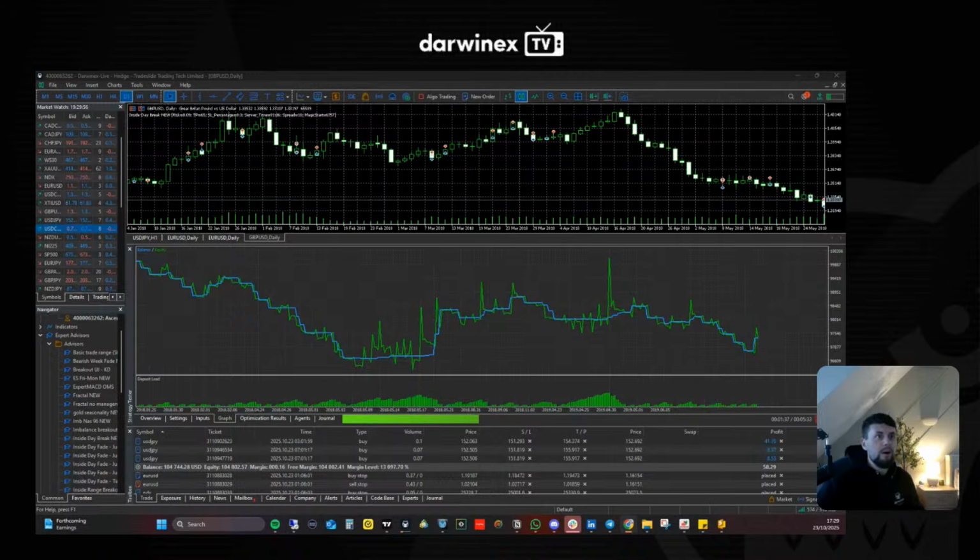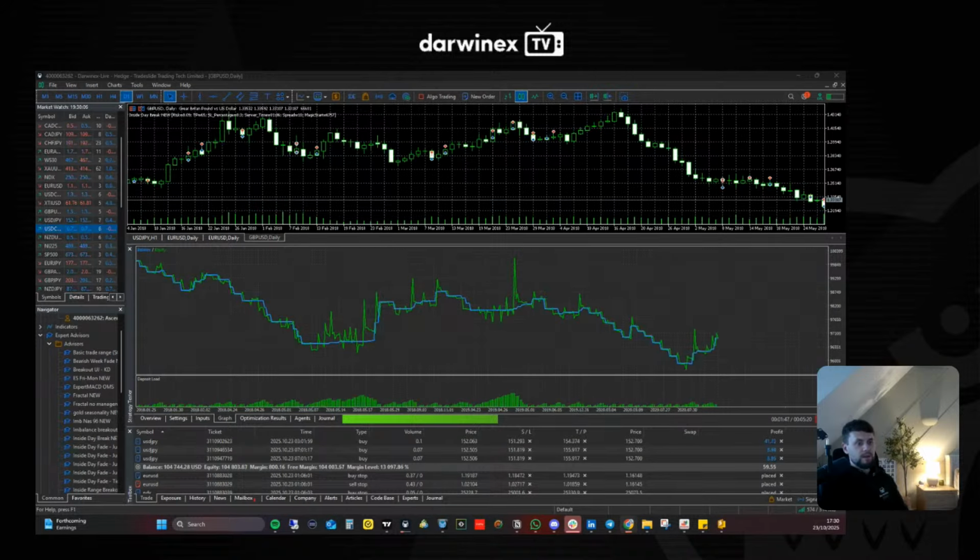Look at Waka Waka. Yeah, I used to use Waka Waka. It was Aussie New Zealand, Aussie CAD, and New Zealand CAD. They're good pairs. The problem with Waka Waka is it's a martingale, so it just blows up eventually, which it kind of did. Sort of like this is blowing up. So this isn't working as well as I wanted.